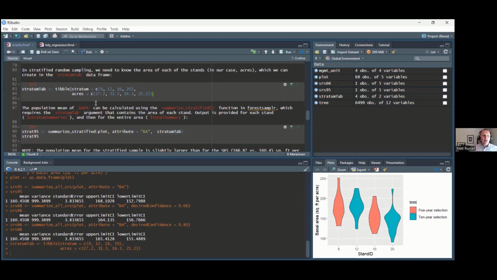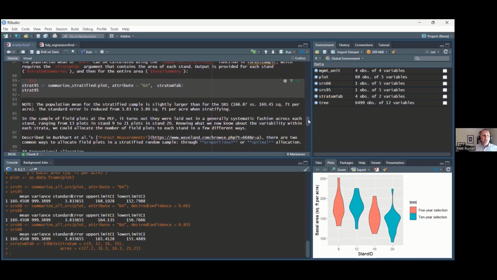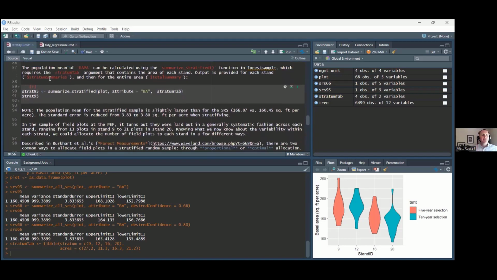I'm going to hit run there. Then I'm going to scroll down, and you can see what I'm doing here. The population mean can be calculated using this summarize stratified function, which requires that stratum table data set that contains the area of every stand, and then the output is provided for each stand. That's a handy thing for us to know.